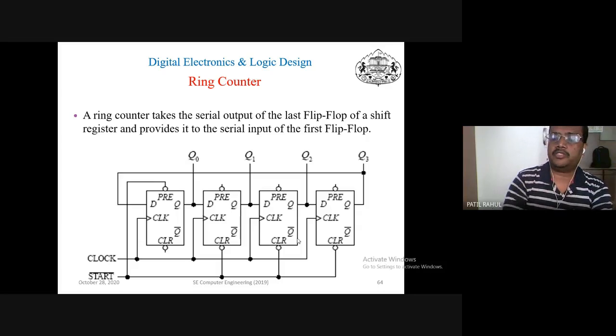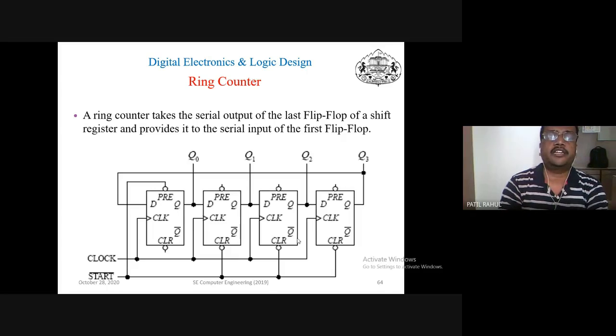And if you see the circuits, okay, if you see the circuits, so in this circuit there are